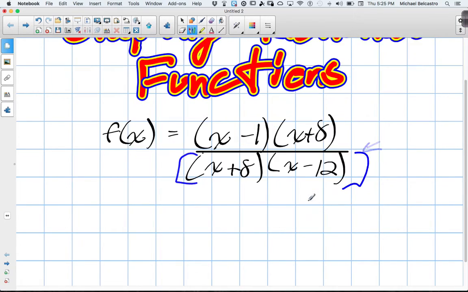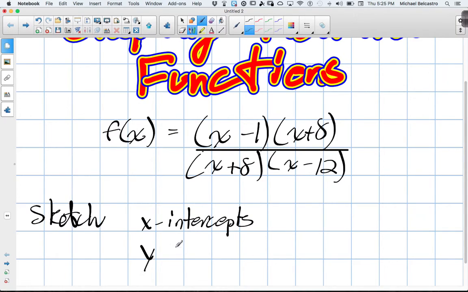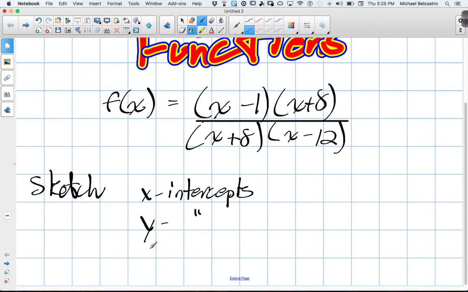And let's talk about when we're going to make a sketch, a graph. What are our major things that we're going to need? We're going to need the x-intercepts. We'll need the y-intercepts. And because it's a rational function, we need asymptotes, and I never spell this right. Do you have it written somewhere? Asymptotes. Y-M-P-T-O-T-E-S? All right, thanks. So the x-intercept, y-intercept, and asymptotes are essentially the main things we've got to